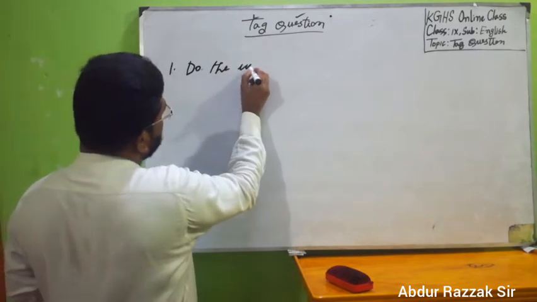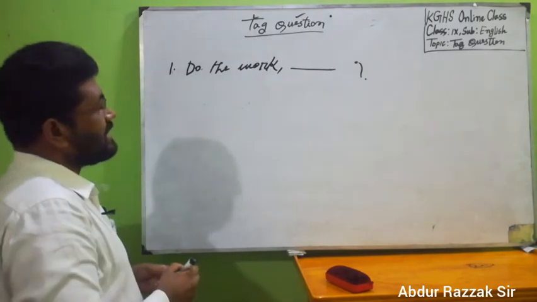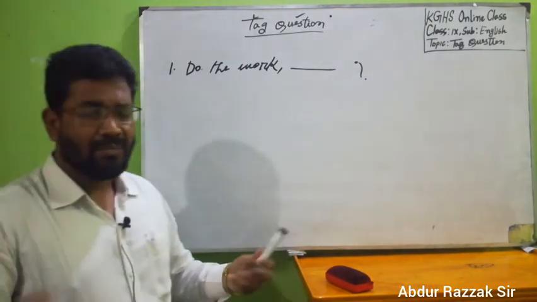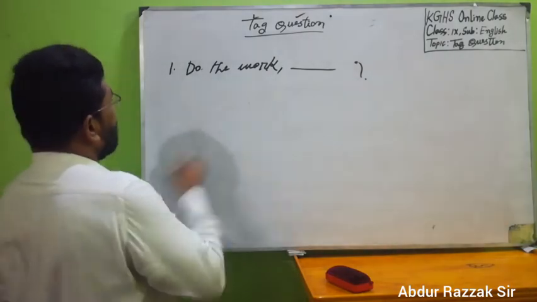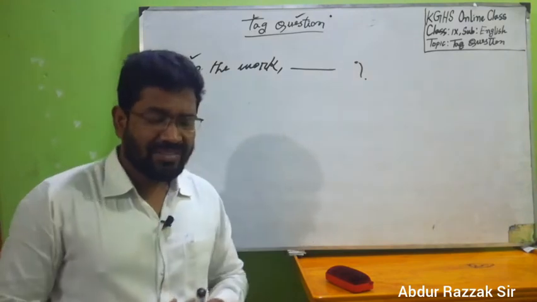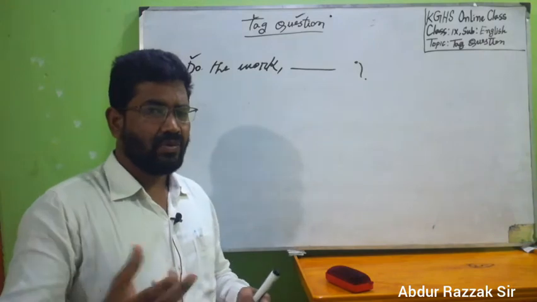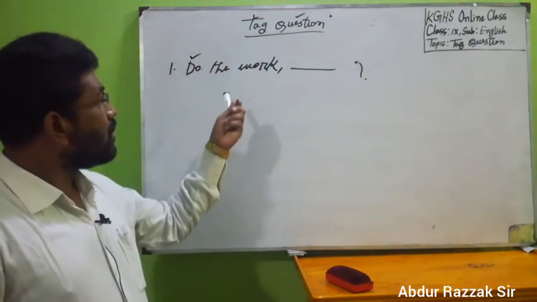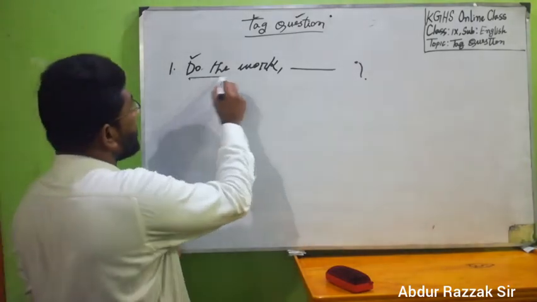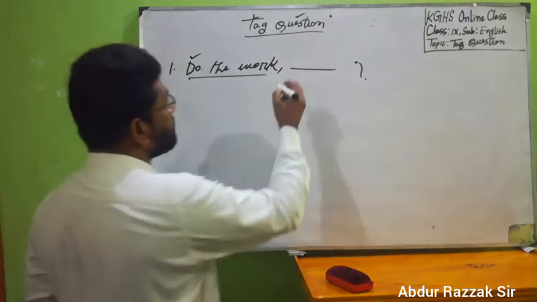Do the work. Dear students, this is an imperative sentence. Why? Because the sentence starts with the base form. Generally, the imperative sentence starts with the base form of the verb. So it's an imperative sentence. If you want to make a tag question of an imperative sentence, and the statement is assertive or affirmative, you have to write